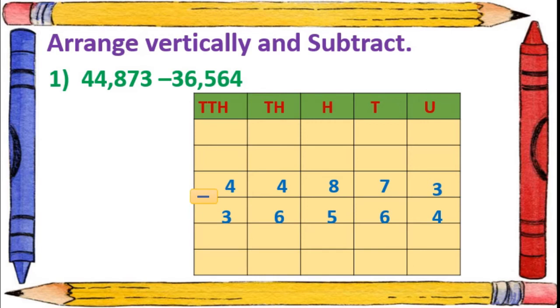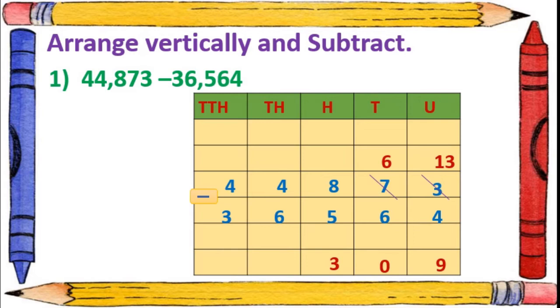Now we will begin. Again 3 minus 4 not possible. Here we will borrow from 7 and it became 13. So 13 minus 4 we have to do. Now we will write here 6 remain. 13 minus 4 is 9, isn't it? Now in the tens place 6 minus 6 is 0. In the hundreds place 8 minus 5, that is 3. And in thousands place 6 we have to subtract from 4.